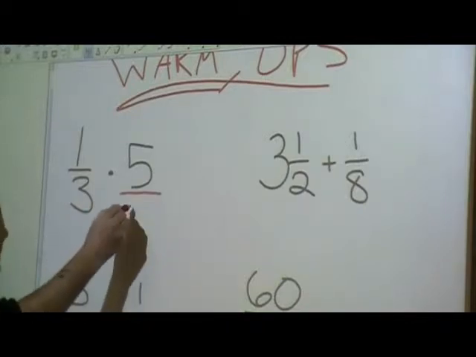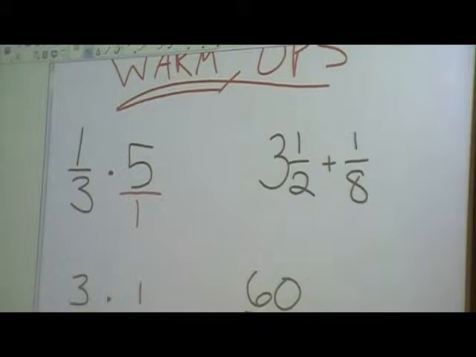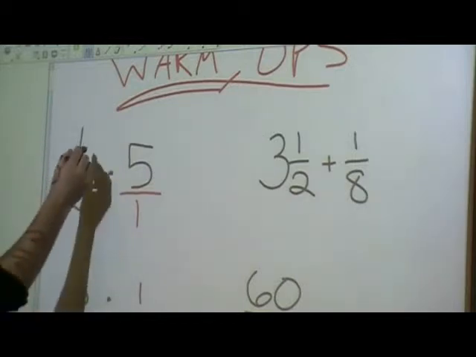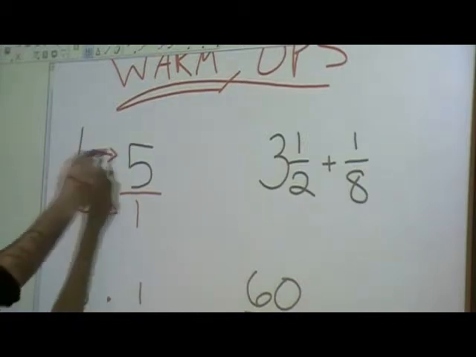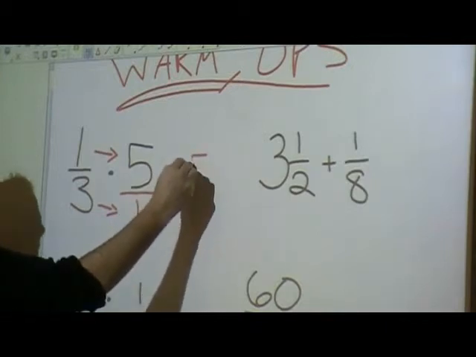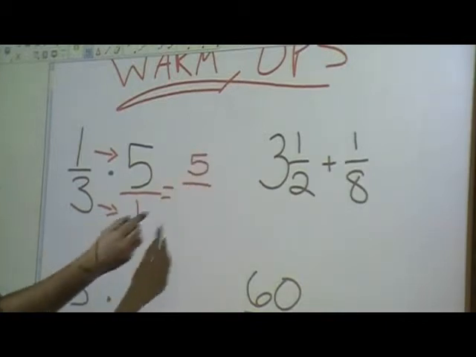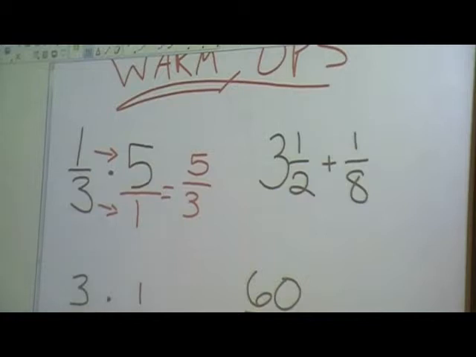One of them is this invisible 1 that's always underneath a whole number. It makes it a lot easier for us to multiply numbers if we're doing fractions by making them both into fractions. Because when we multiply, we just multiply what? Straight across. So if I take 1 times 5 and 3 times 1, now I'm able to reduce